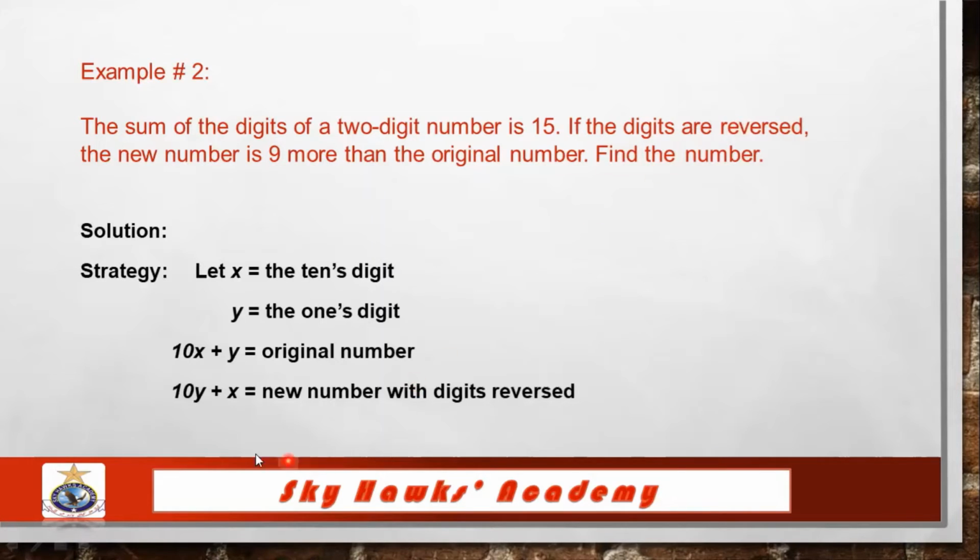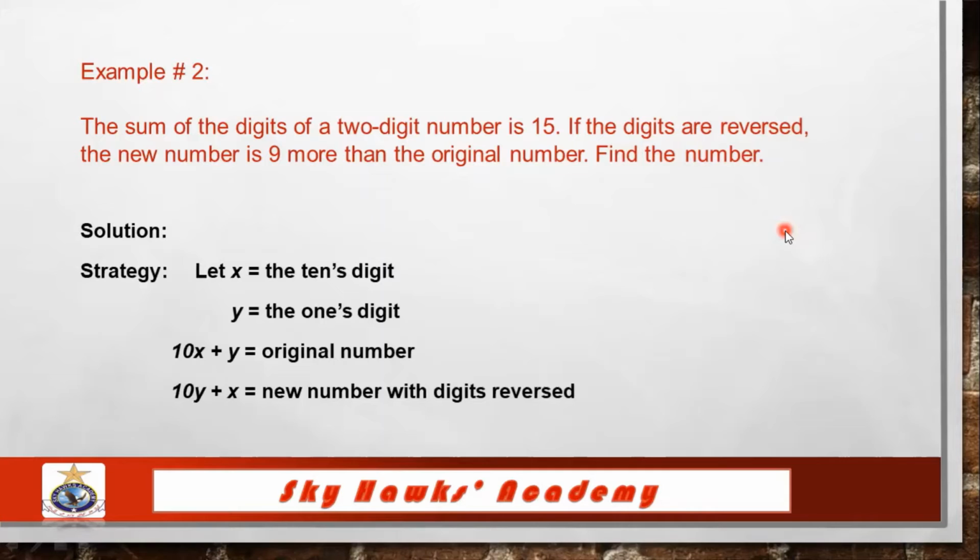So here we have done this one. Now instead of 10x plus y, we have 10y plus x, the position is reversed. The x that was the tens digit will become the unit digit. So that's why this is the original number, and this is the reversed number when we have reversed according to the